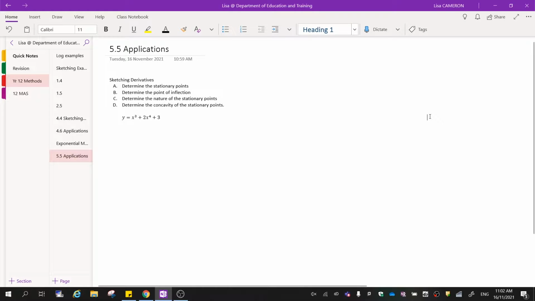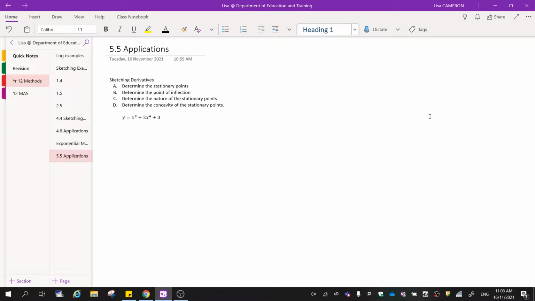Okay, so today we're going to be looking at applying differentiation strategies so that we can sketch derivatives. Now, this is one of the best things that we can learn how to do with our derivatives because you would have noticed in the past we have a problem when we're trying to work out the maximum, the minimum points of things like cubics, quartics, quintics, and as it goes up in polynomials, it becomes harder and harder to